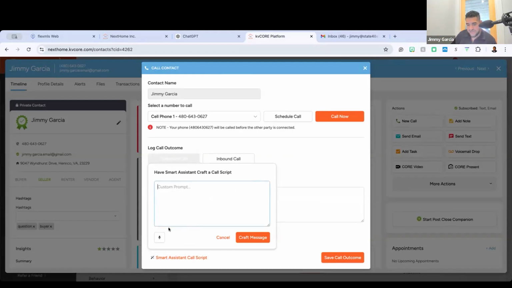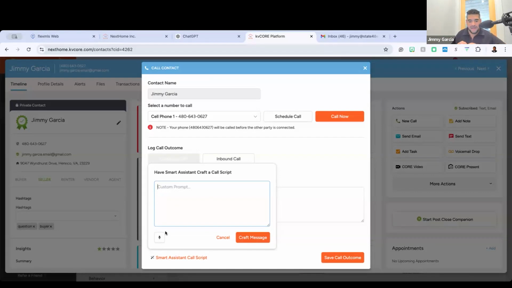You could also, which is nice, I can't do it since I'm on this Zoom, you could also speak to it. Okay. So if I want to not type all this out, I could click on this button and tell, this is powered through ChatGPT, but KV Core essentially, tell KV Core, this is what I'm trying to accomplish with this phone call. Please generate a script that highlights this, this, this. I also want to be able to follow up with them with an in-person meeting, structure a response that could have the highest likelihood to generate a positive response to an in-person meeting. Those are the kind of things you want to have a conversation with, okay, and build on top of that.